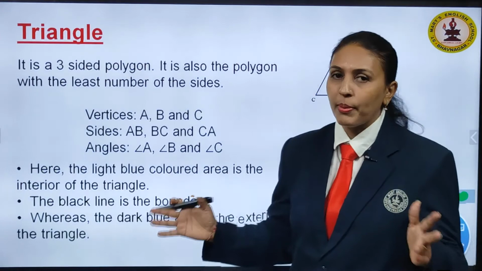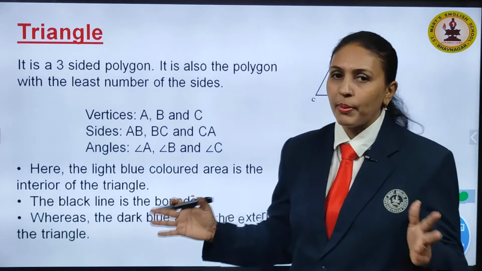Now, chord. Any line that contains 2 points on the boundary of the circle is called a chord. Now, diameter is the longest chord. In the previous slide, children, when I was showing you a diameter, it passes through the center of the circle, right, then only I can call it a diameter. I cannot call this a diameter, I told you in the previous slide. In such a condition, this is called a chord.